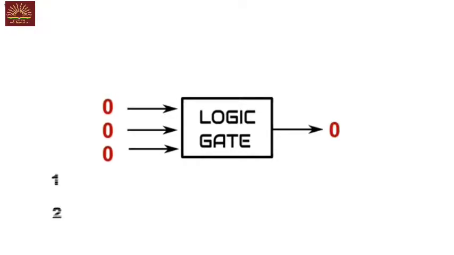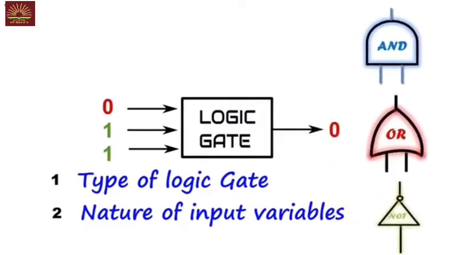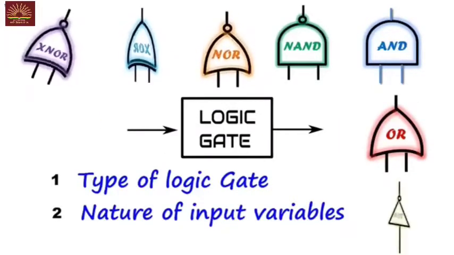The decision-making elements are called logic gates. The decisions are termed as output, which are binary variables 0 or 1. It has a single output. The input to a logic gate can be single or multiple. Output changes for every input combination and it depends upon two things: the type of logic gate and the nature of input variables. There are numerous gates available, each for a specific decision. Each of these has a specific symbol and clearly defined behavior.